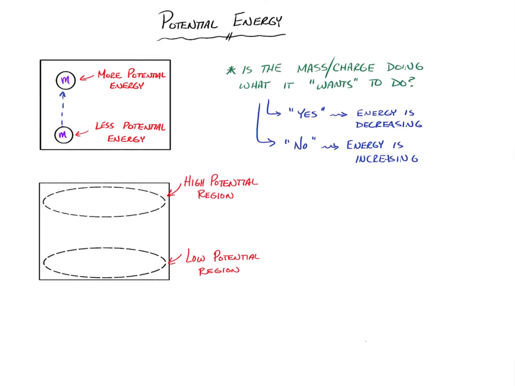And the same goes for potential as well. If I'm moving upwards towards the ceiling in space, I can say I'm moving towards a higher potential region because I'm moving to a location that a mass would not naturally want to be in. If I go from the ceiling to the floor, we say there's a decrease in potential because now I'm going from a region that a mass would not want to be in naturally to an area where it naturally would want